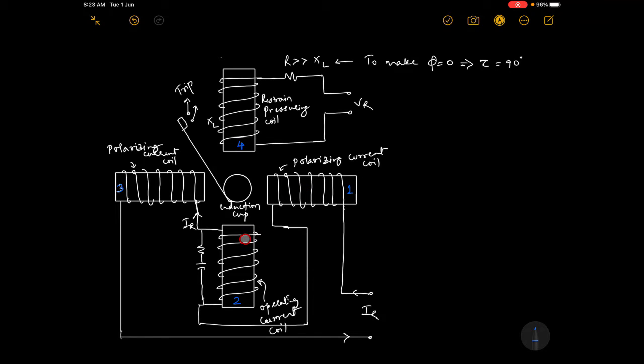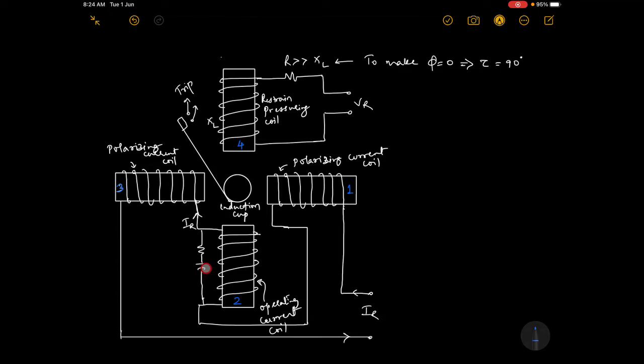Those should not be in phase. If they are in phase, there is no interaction, there is no rate of change of flux. So if you want to have a rate of change of flux, you need to create a difference in these two. These two anyhow are the same, but between these two currents' flux you have to make a difference. To make a difference, we have R and C.